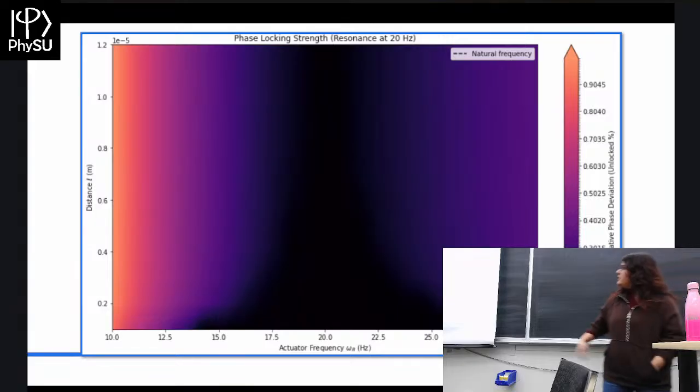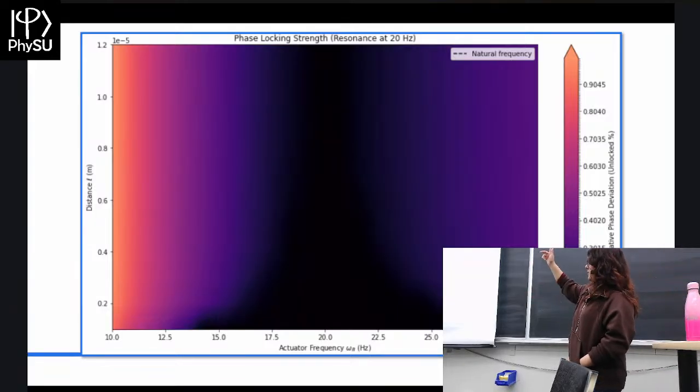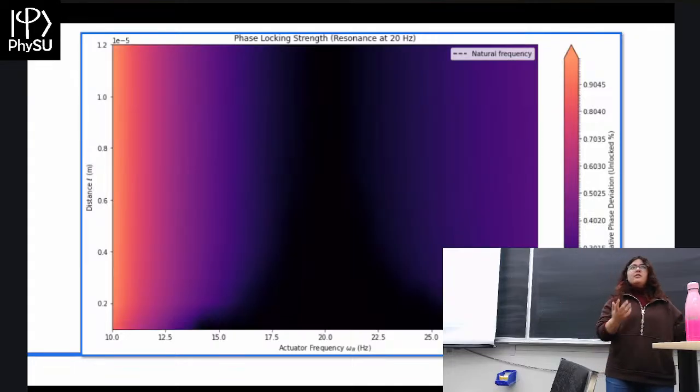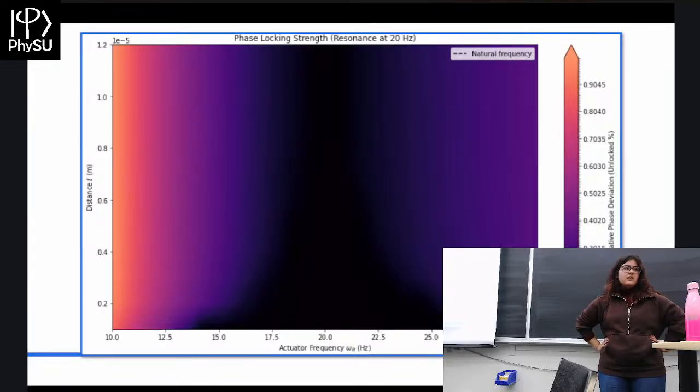Well, the distance is on the y-axis, right? And the actuator frequency is on the x-axis. So yes, I think actuator frequency is a big thing. But even if an actuator is moving, if it's too far away, then of course distance matters. Our experiment really didn't vary the distance enough, so I think that's a next step because it's such an important part. Distance is kind of key. It is in the equations, and it does show up and stay there. So mathematically, it's definitely there, and even logically, it should be there. But it does look like actuator frequency